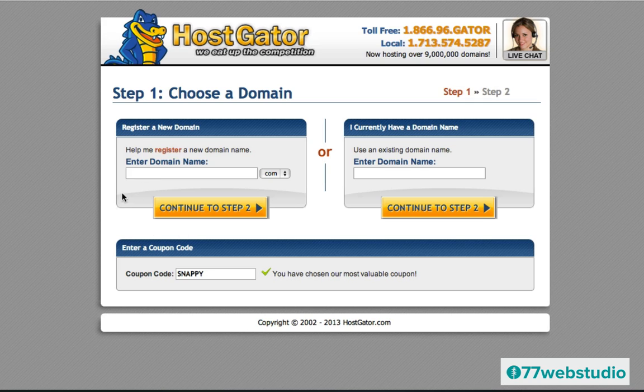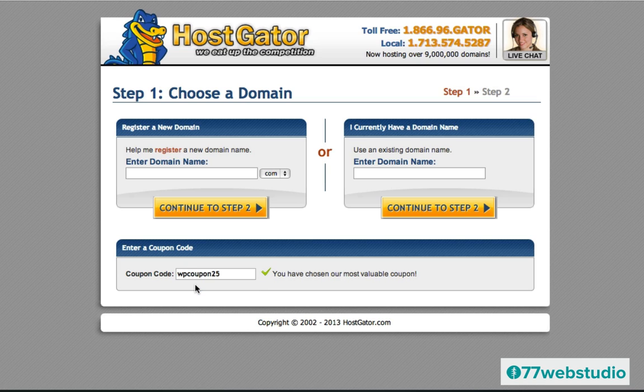Now just note that down below here it says enter a coupon code, and by default you'll automatically get a coupon from HostGator. But if you want to add even more of a reduced rate on top of that, you can use this coupon, which will give you an extra amount off of your order. So I'm going to put WP coupon 25.